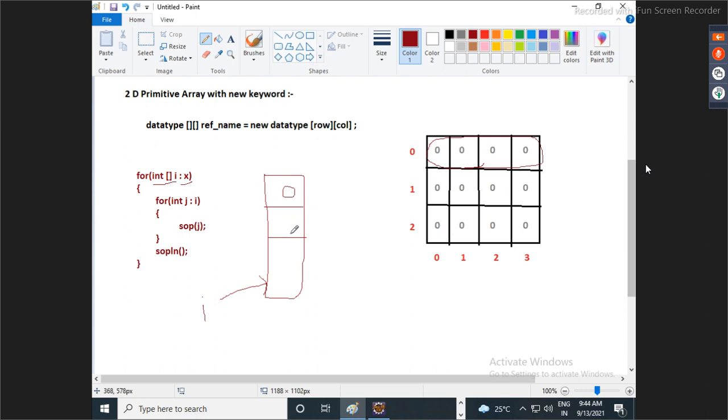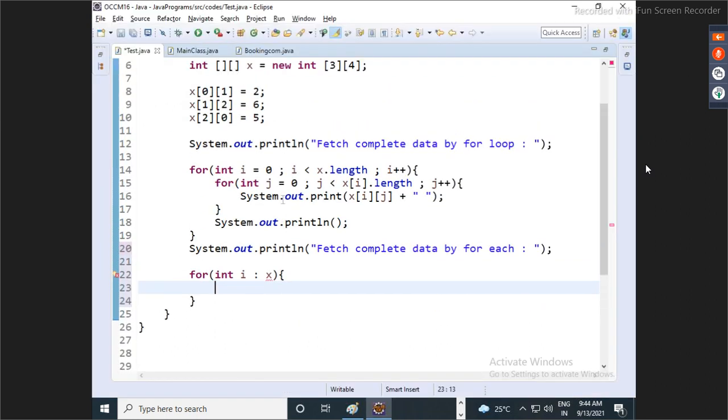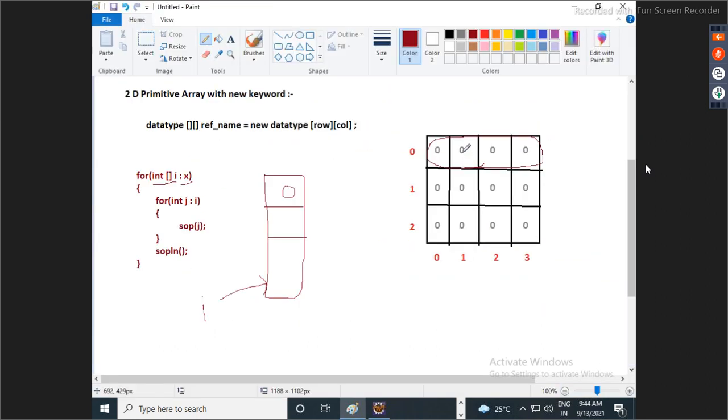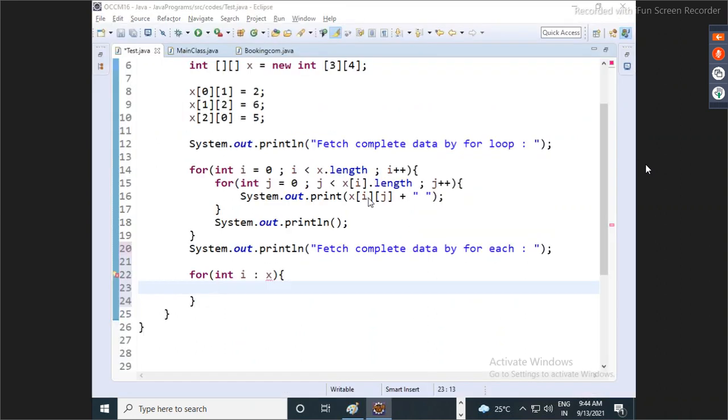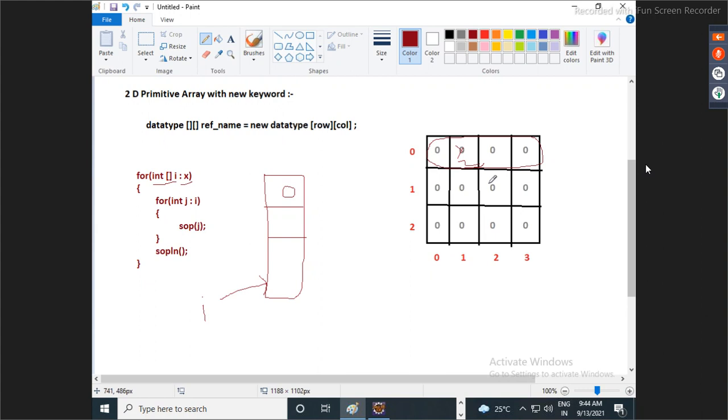Correct. So here what values I am giving? 0, 1 is 2, 0, 1 is 2, 1, 2 is 6, 2, 0 is 5. Okay.